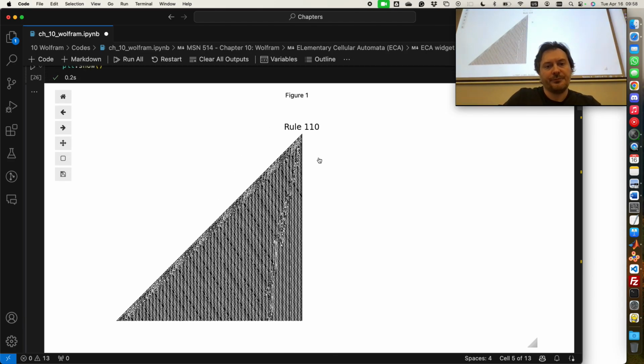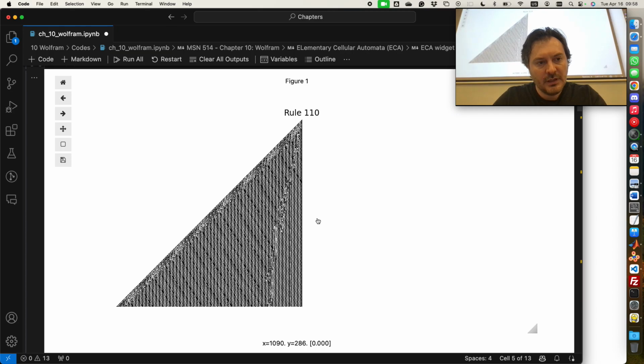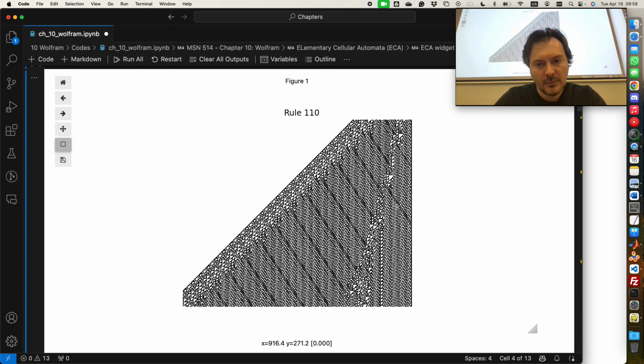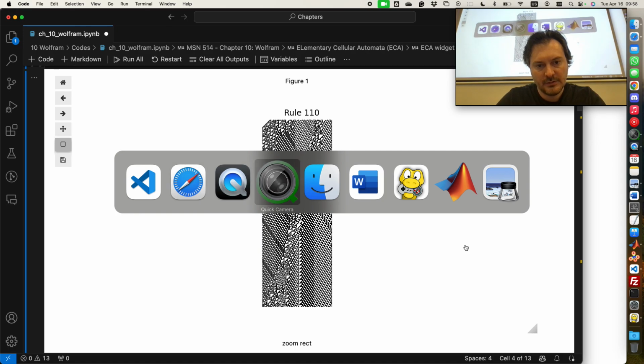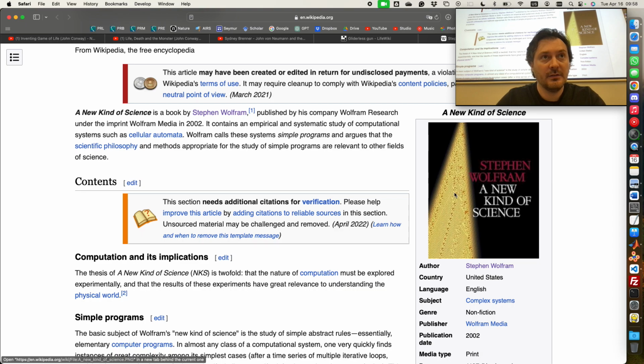And you can see that, by the way, this is the thing on the top of the book. Like, where is it? This is the thing, okay?